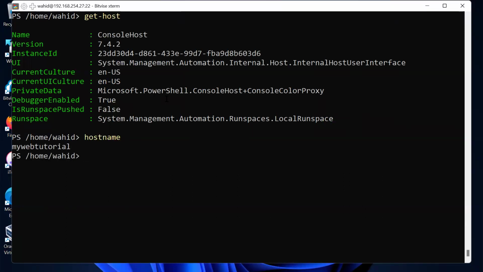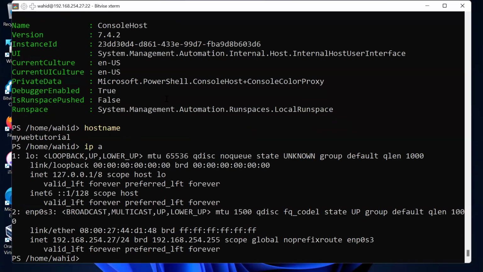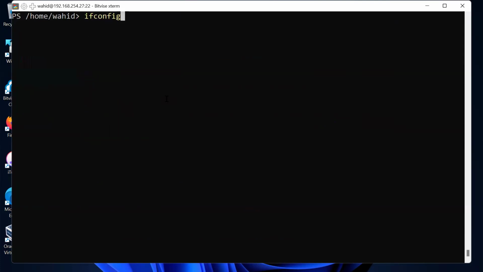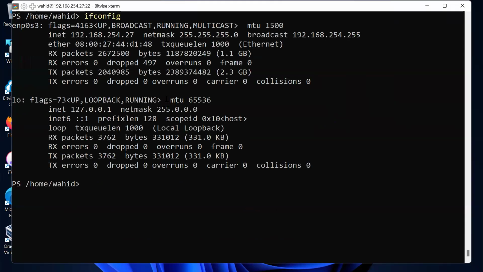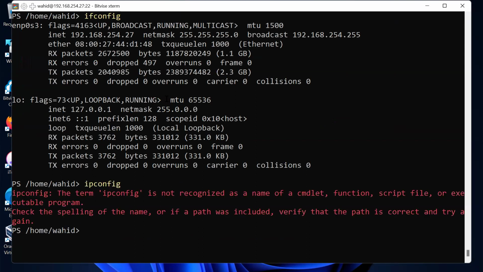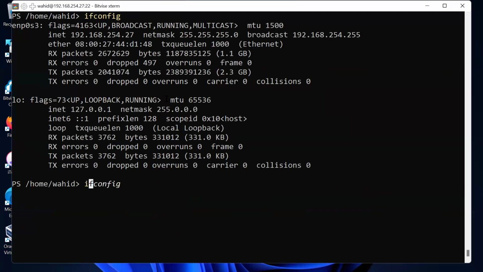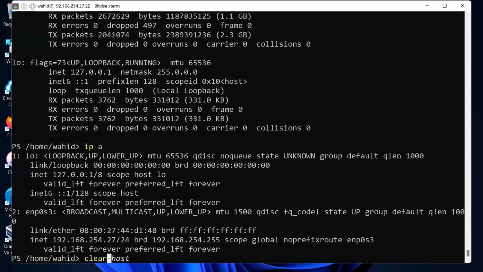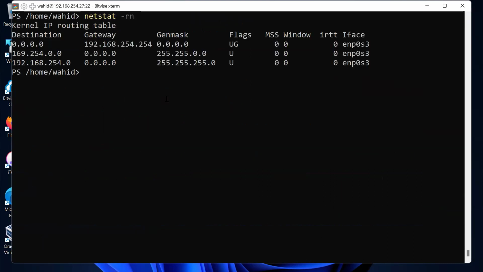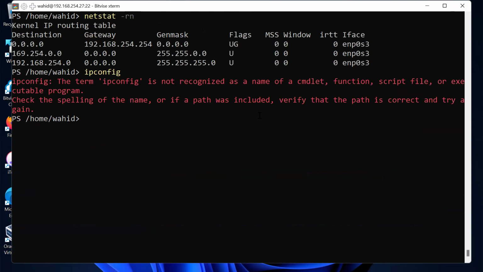And if I need the IP address, that's Linux stuff. So if I do ifconfig, which is Windows, ifconfig is Linux also. ipconfig is a Windows command. But notice ipconfig does not work here. However, ifconfig -a works, ifconfig by itself works, ip a works, all of those ones. Notice that all the commands that you work on Linux, they will still work on Linux. However, if you want to do something like ipconfig, because that's Windows, inside PowerShell, it may not work on Linux,